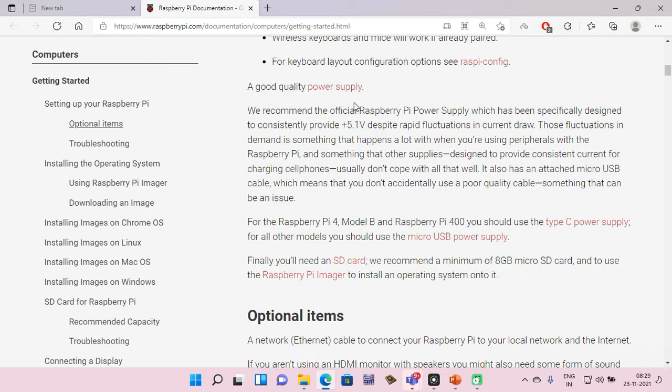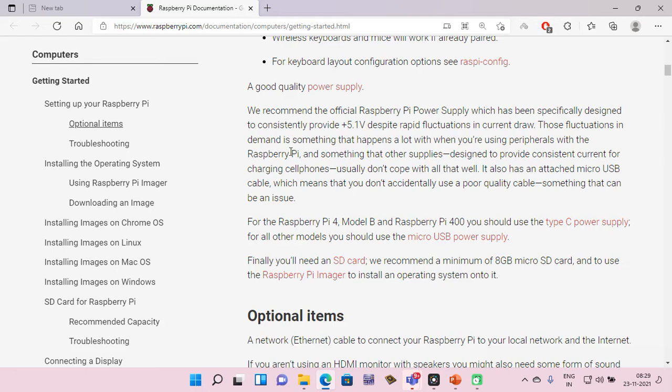A good quality power supply. We recommend the official Raspberry Pi power supply, which has been specifically designed to consistently provide plus 5.1 volt despite rapid fluctuations in current load.